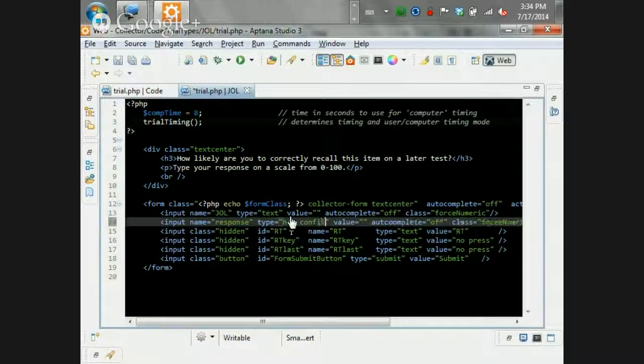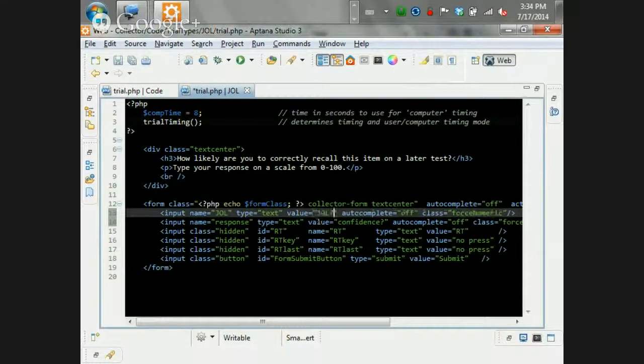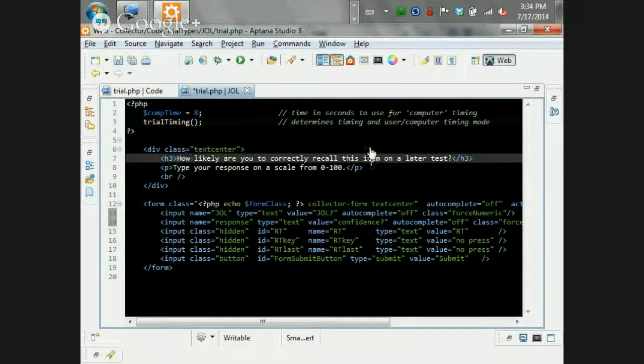How confident are you? In the value I can type confidence, question mark. In the value of this one I can type JOL, question mark. And I can change the headline to how likely are you to correctly recall this item on a later test. And I can make another headline here